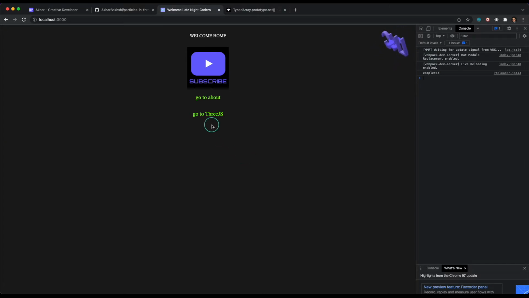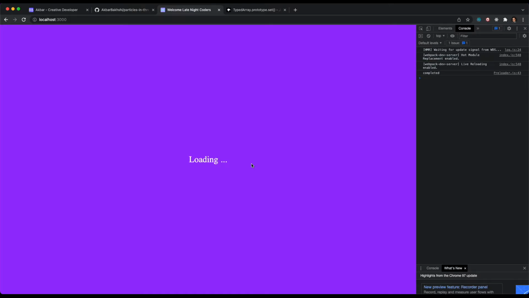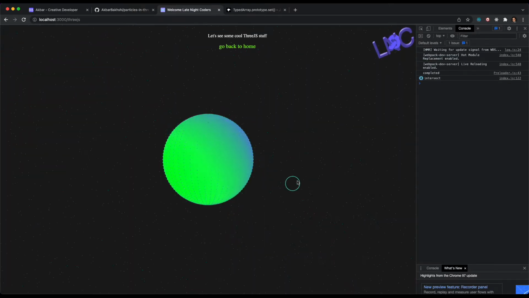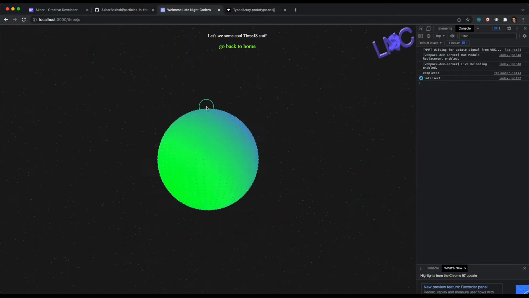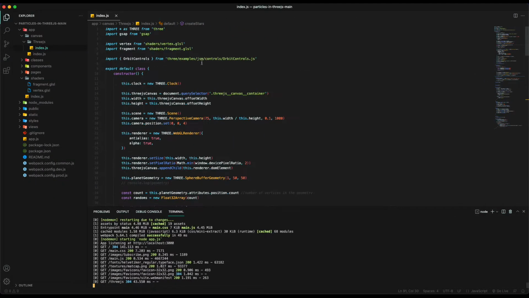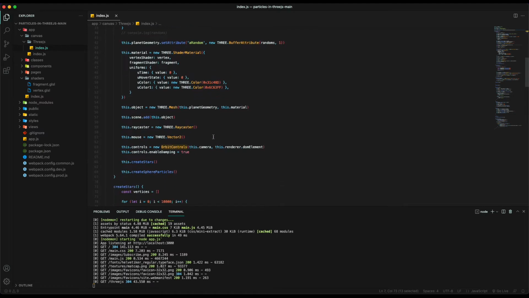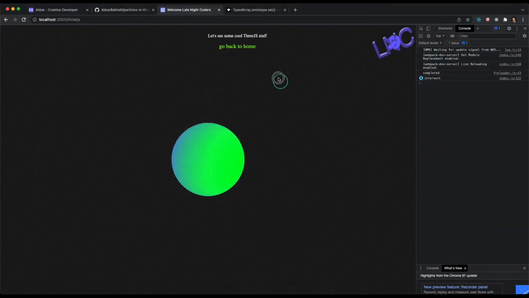And again, we've worked on all these pages in previous videos. What you can do, go ahead and click on the go to ThreeJs here. That's where we've been spending most of our time working on different ThreeJs related stuff. So if you remember, we had this kind of like earth or like a sphere geometry that we have here, and then we've got stars all around it. If you zoom in and out using your scroll bar or your mouse middle button there, you'll be able to see how far this all goes. And then I'm gonna just zoom in more. We are using orbit controls, and that's what is giving us this option to drag around and also to zoom